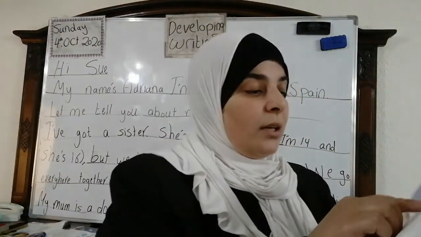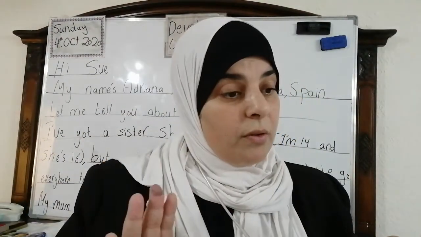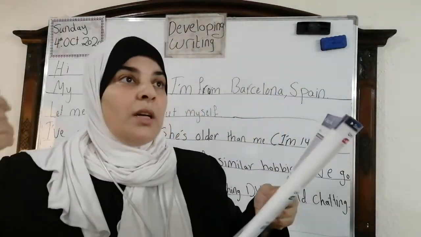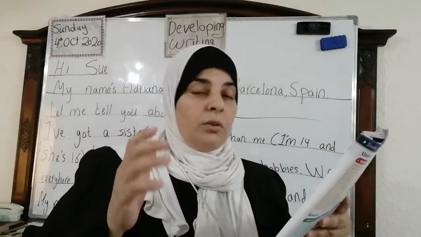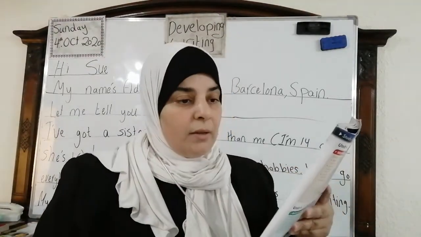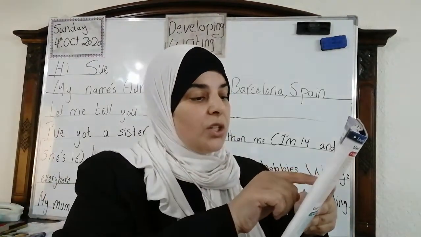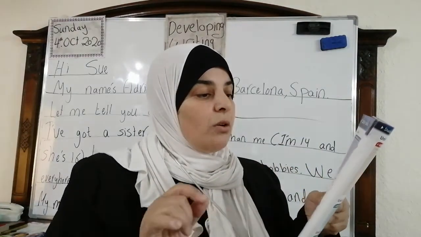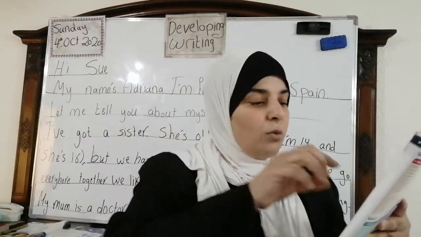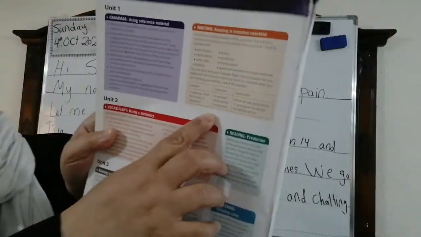Now, you can learn from your mistakes, of course. It's a fact. If you don't make mistakes, you won't learn. Okay, you have to learn from your mistakes. Make a list of mistakes that you make with the correction next to it. Okay, use it as a checklist when you are checking your writing. Look at this example. Look at this one, this table. I'm going to read it for you.